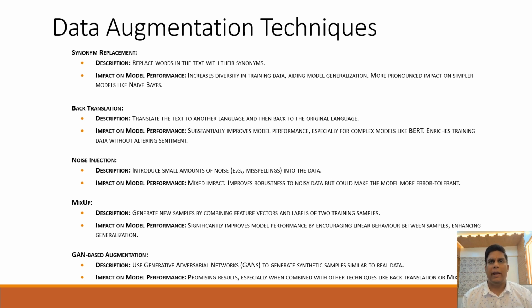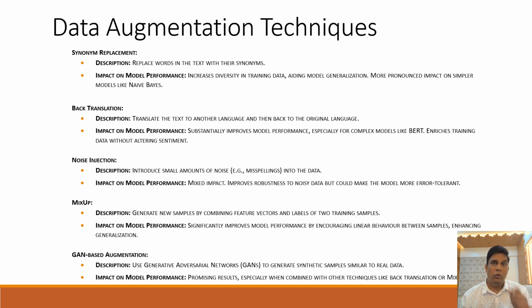Next on our list is back translation. This powerful technique involves translating the text to another language and then translating it back to the original language. The introduction of variability in the phrasing without changing the sentiment enriches the training data. Back translation had a substantial positive impact, especially on complex models like BERT, enhancing their ability to learn robust